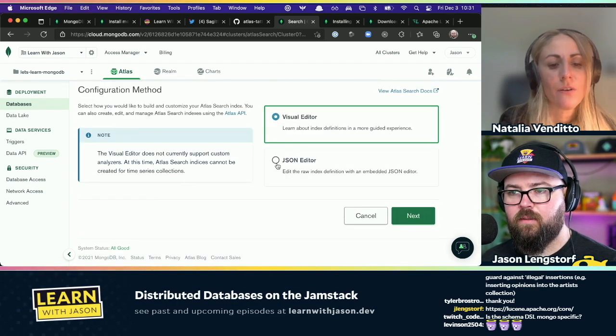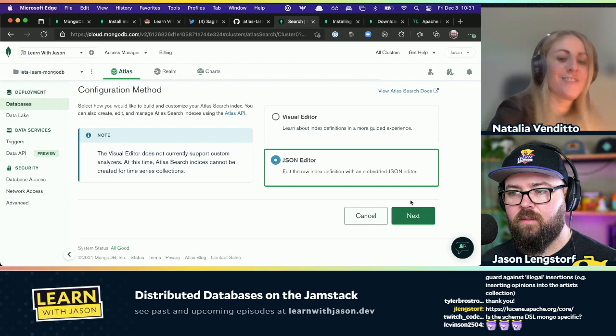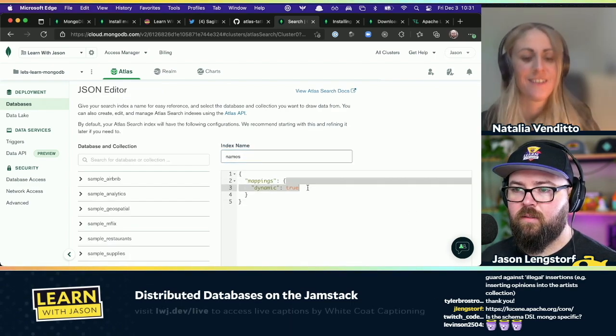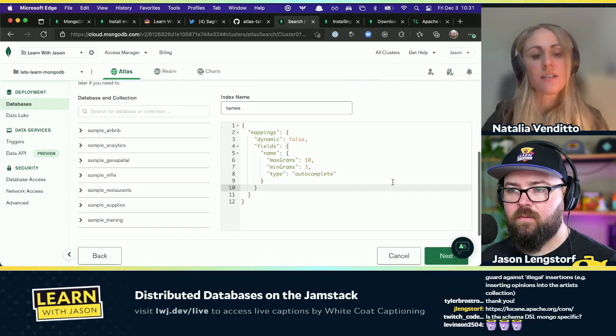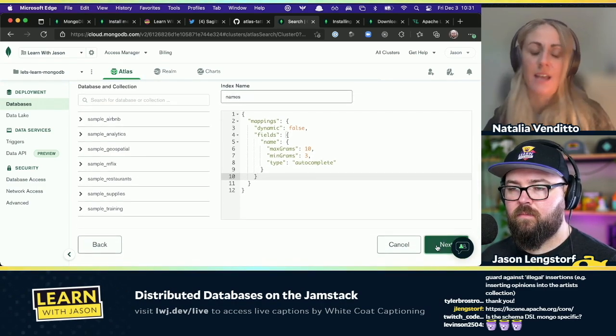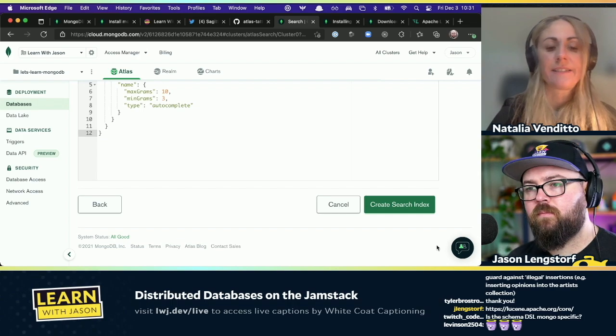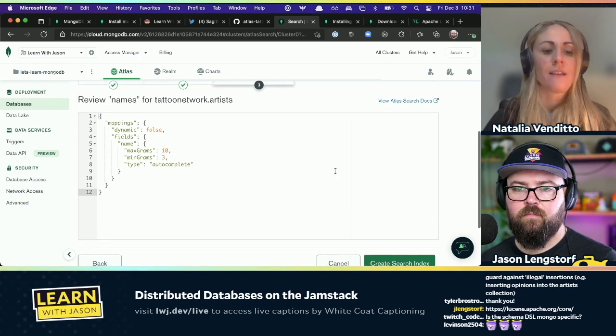Yeah. Back. So this one. And yes, JSON edit. Okay. That's right. So now we can edit it. Okay, we've got names. It's not exactly. So names is the name of the index. The field is name. The max grams and min gram